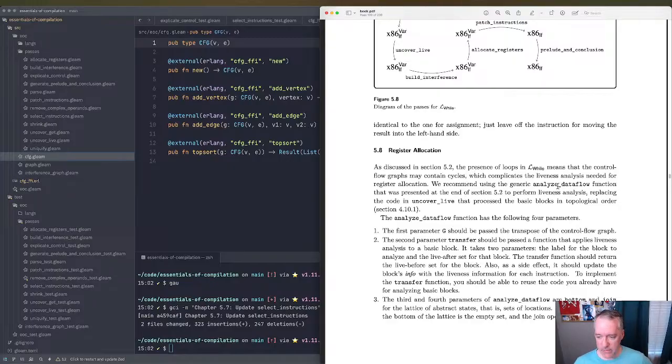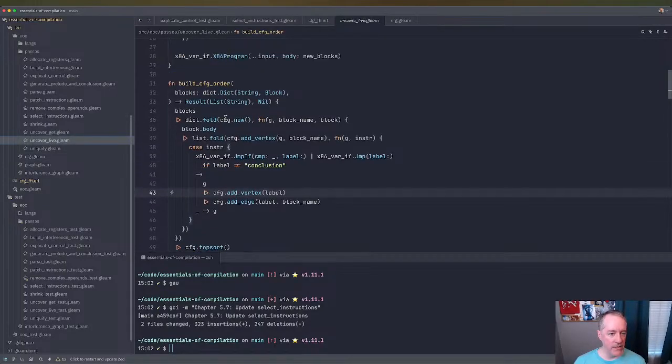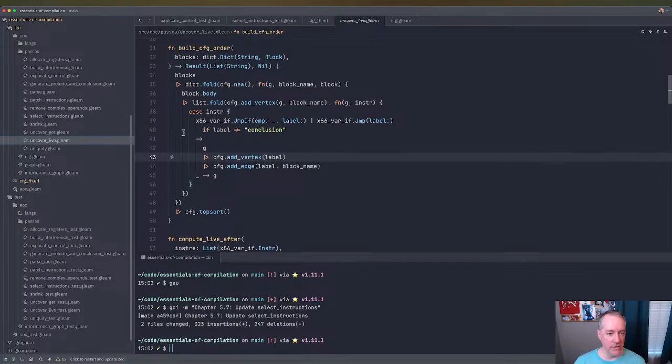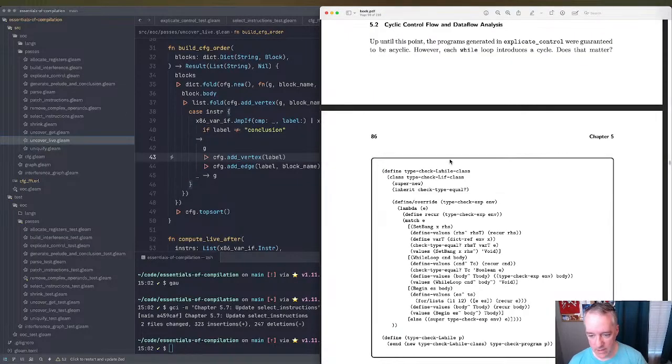Okay, so we'll look back at this function that they present, replacing the code in uncover live that processes the basic blocks in topological order. Right, so for us, we had this build CFG order, which returned a list of the nodes. And I think that what we need to do is, let's look back at this section,